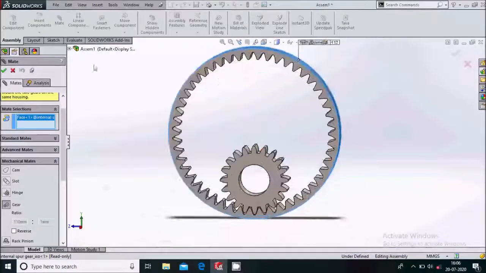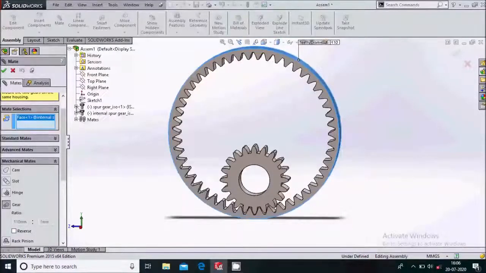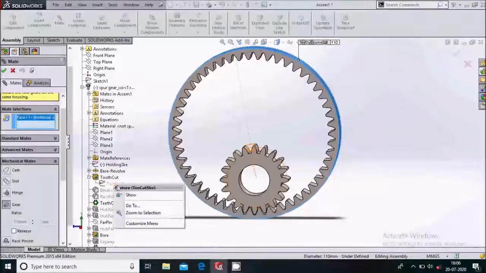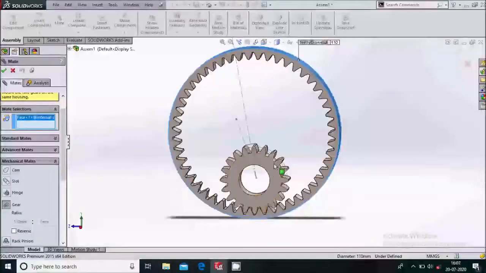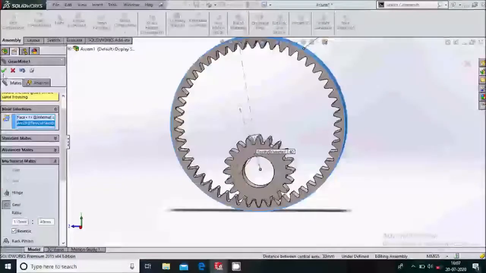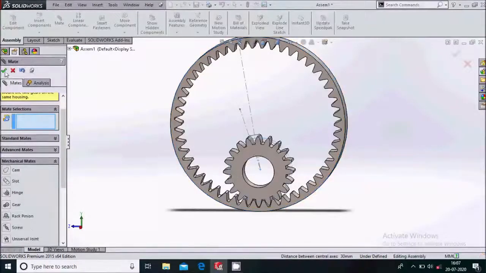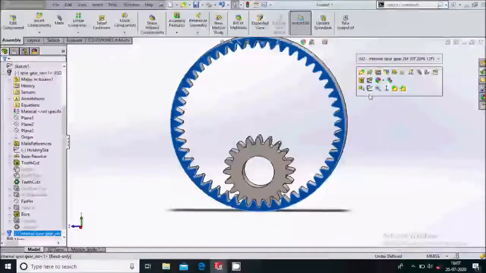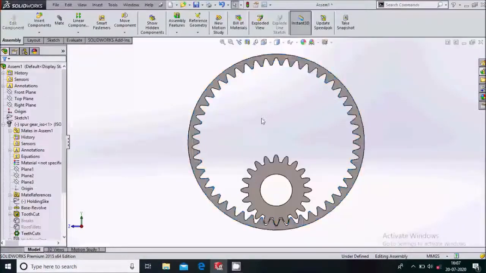So we'll make it visible. Go to assembly, spur gear. Here you can see tooth cut, and under tooth cut you have to make the sketch visible. So you can see here there is a pitch circle of the external gear. Simply select that and make it OK. Now simply select and hide the sketch.